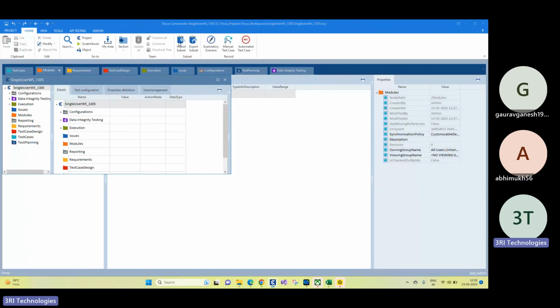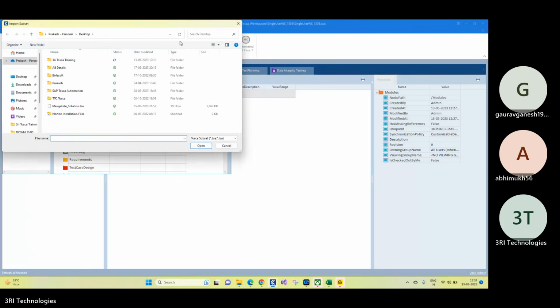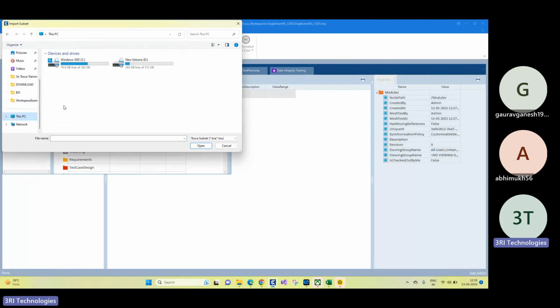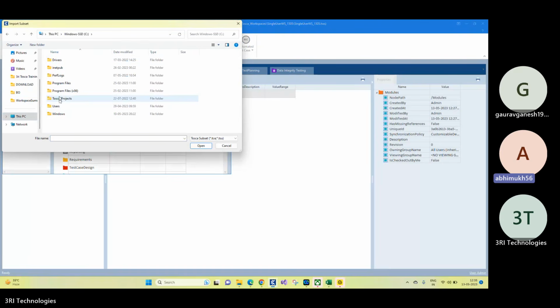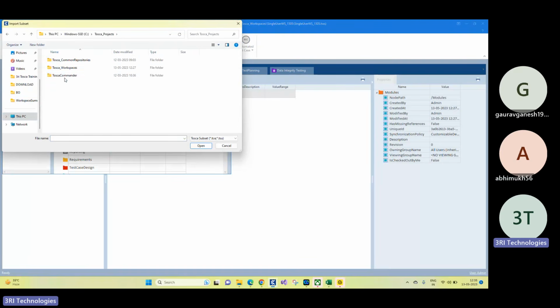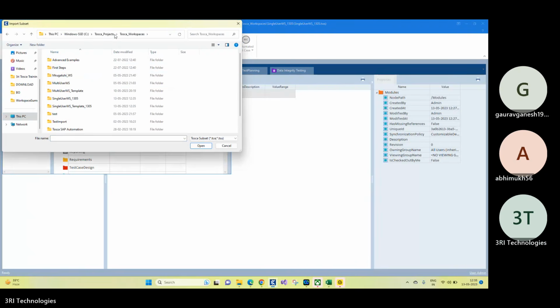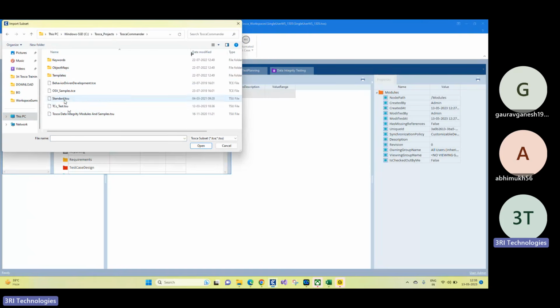Now click on import, go to your C drive, Tosca projects, Tosca Commander, and then you will see the standard.tsu file.